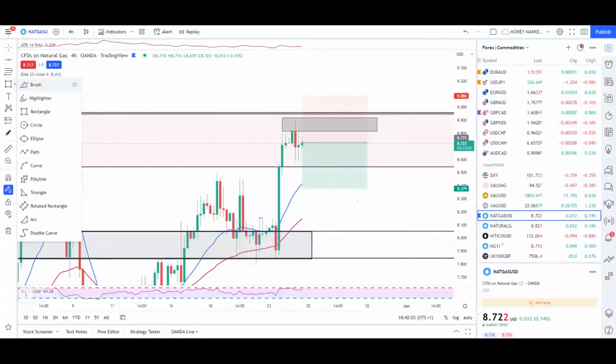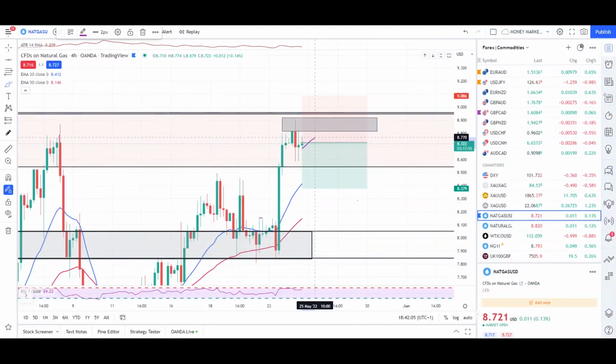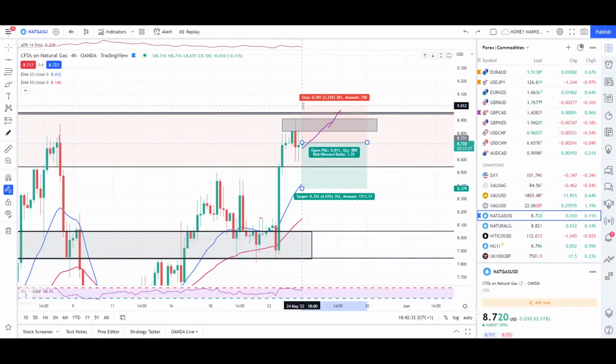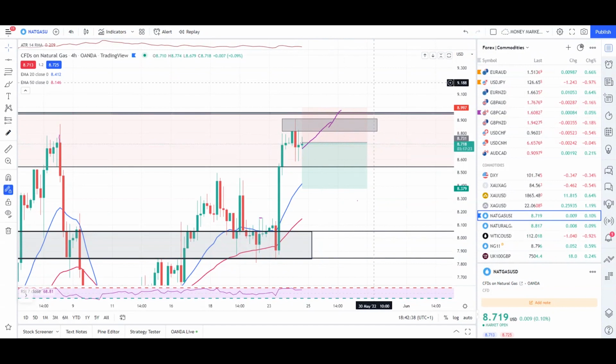If we get a double top, a push up, if the market starts to give us a pullback, this is where I will look for the market to push up. It can go up with a wick, but if a candle breaks and closes above 8.930, then there is a likely chance that the market can push up. In that case, if you have a double top move, you can push your stop loss below something like this so that you have protection of this rejection zone. So this is how I take entries.